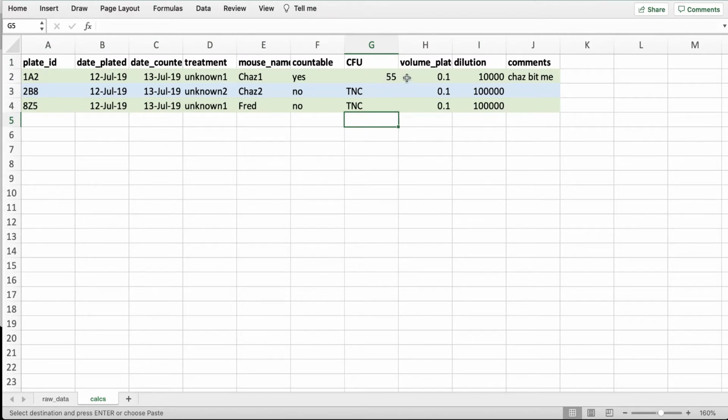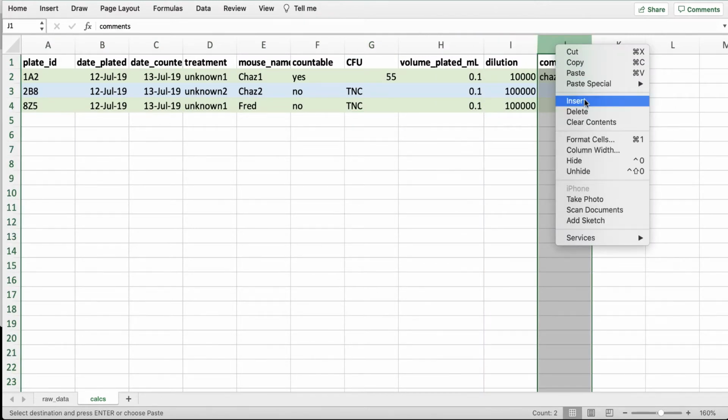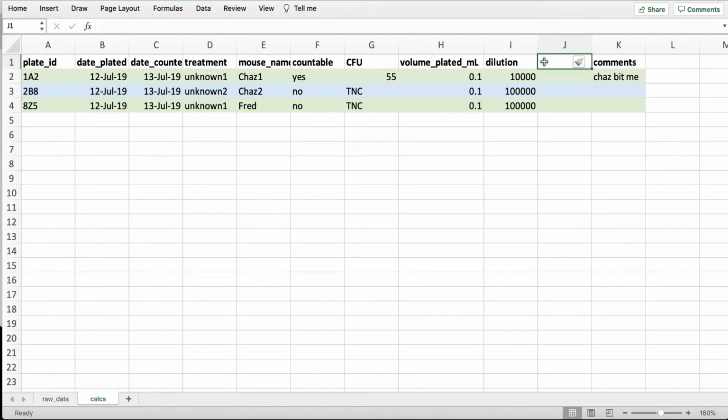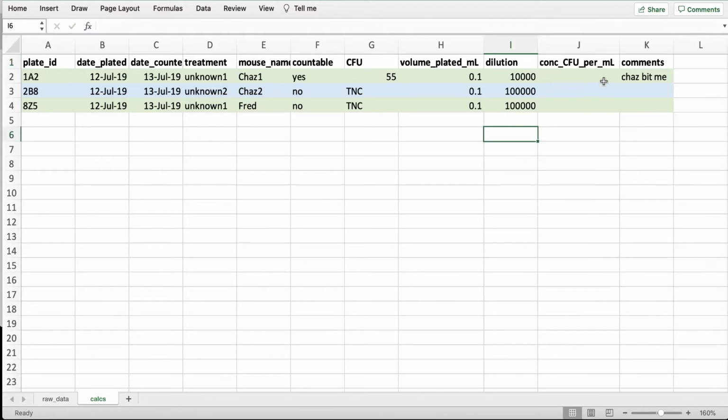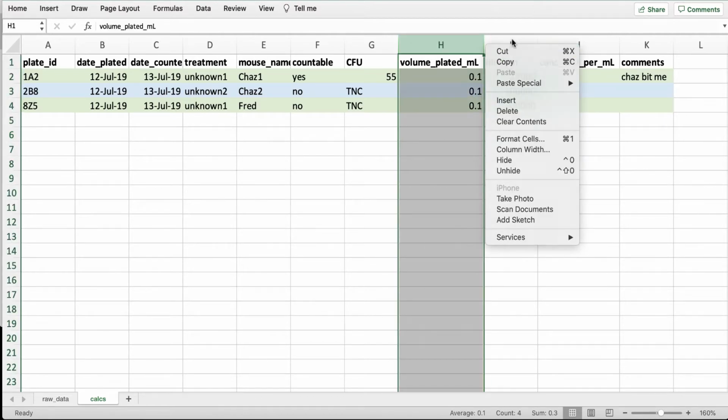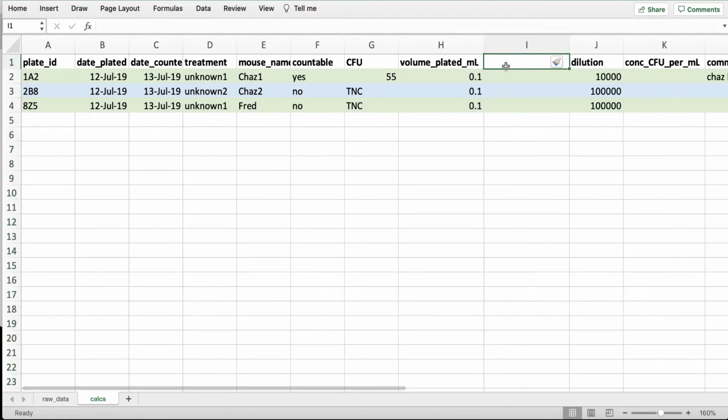And so I'll zoom this in to make it a little easier. Our ultimate goal here, right, is to get to the original concentration of CFU per mil. So this is our goal here. We're going to be using Excel to take the information related to the CFU that we counted on our plates, the amount that was plated, and how dilute that actually was. To get from all of this information to the original CFU per mil, we're going to need one intermediate step. So I'm going to make one more column, and that column is going to be called